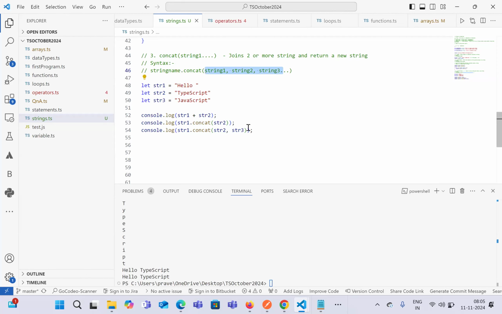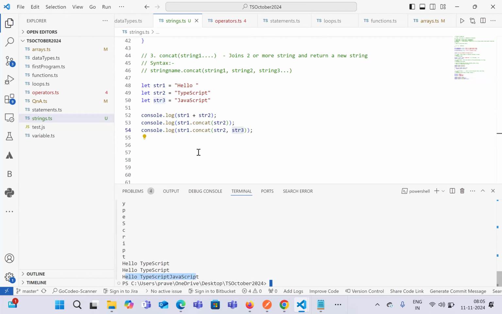So if you want to merge two or more strings, we can write all the strings that we want to merge to this particular string and return a new string by comma separated values over here. Okay. So I've just written str1 dot concat str2 comma str3. And now if you try to execute the code, you will see everything has been merged